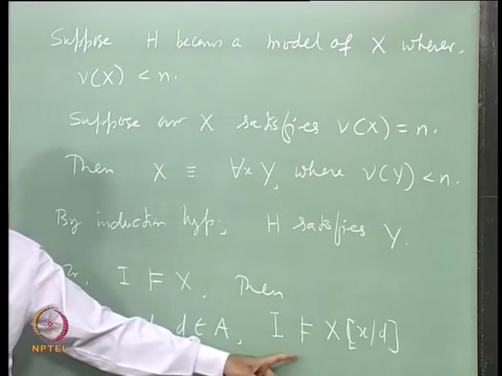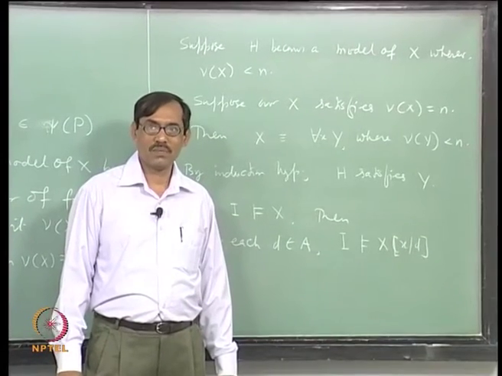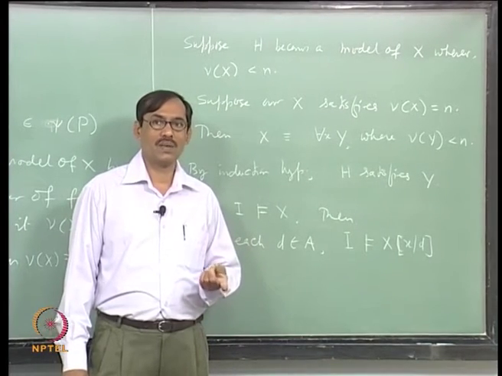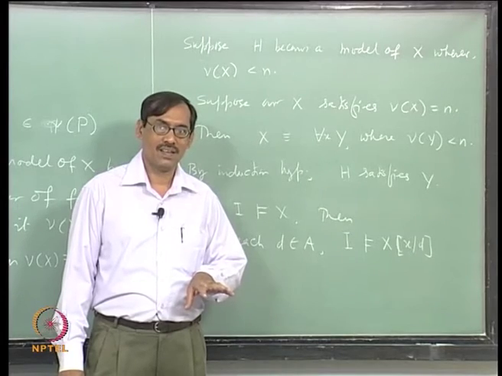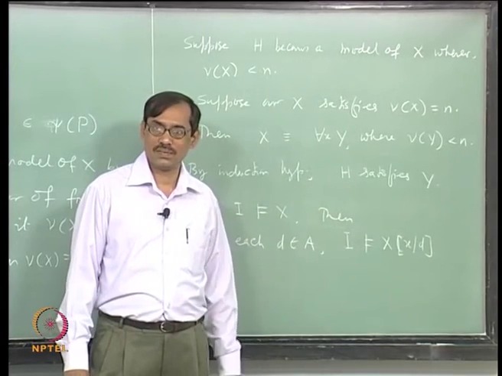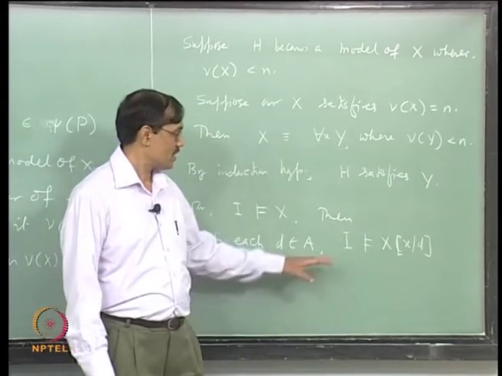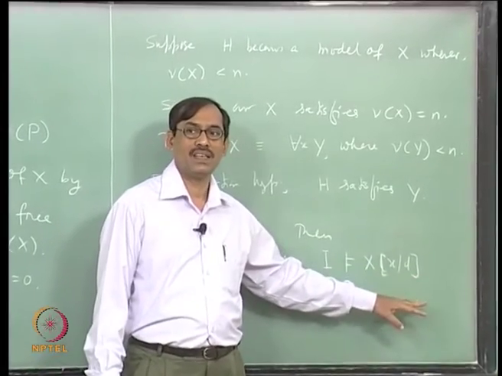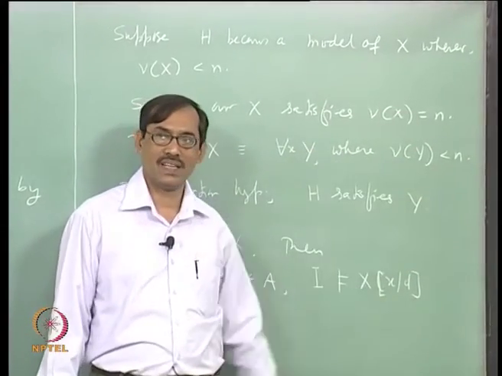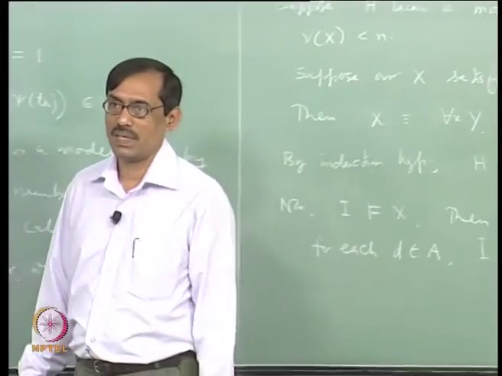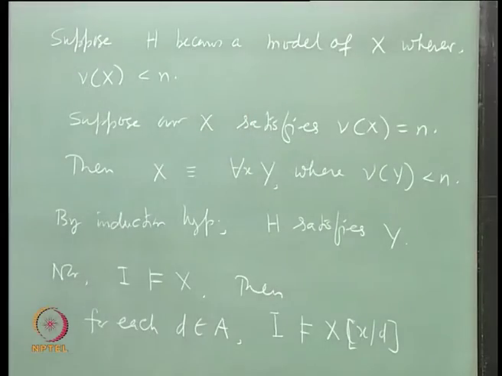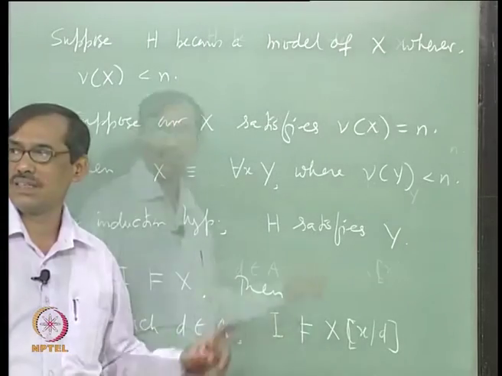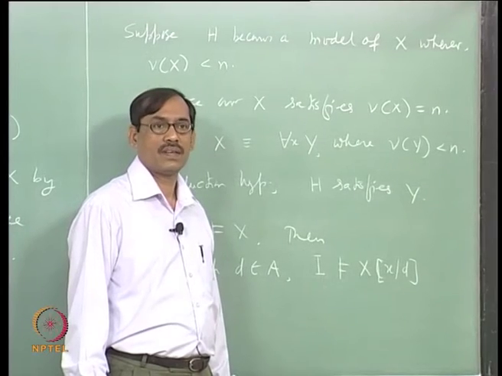It is not really formally correct. What we have to do is find one valuation L, then we have to take L x by D, that satisfies this, that is how it looks, fine. But informally this is what happens. When you substitute that x by D, whatever you get, that formula is satisfied by I. So, if you write it formally, you have to introduce one L, then put L x by D, that way.